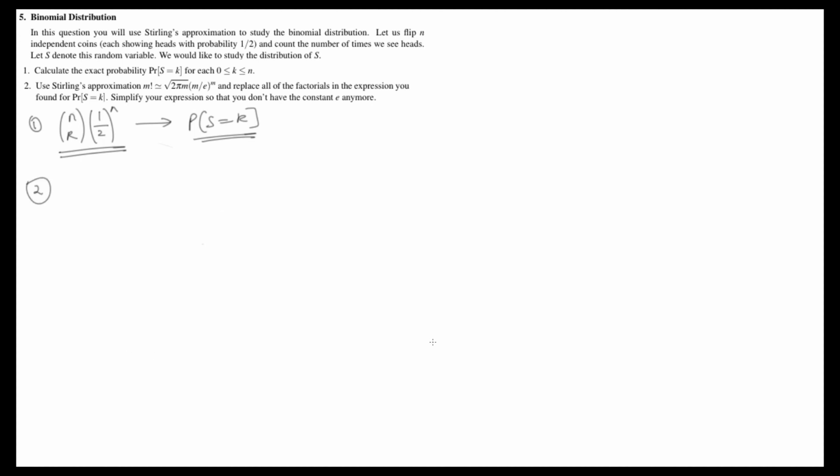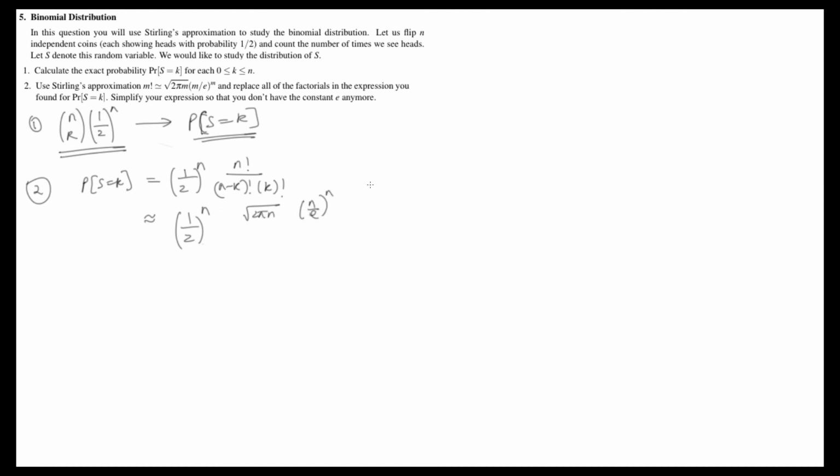Now let's look at part 2. We're using Stirling's approximation. We'll get a bunch of exponentials out of the factorial, and we just have to remove the e from the whole thing, which is fairly simple. So we have the probability that s is equal to k is equal to, let's take 1 over 2 to the n out here, times n factorial over n minus k factorial times k factorial. Right? And this is approximately equal to, by Stirling's approximation, root 2 pi n over e to the n